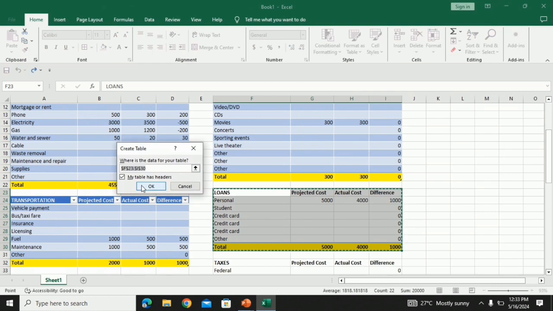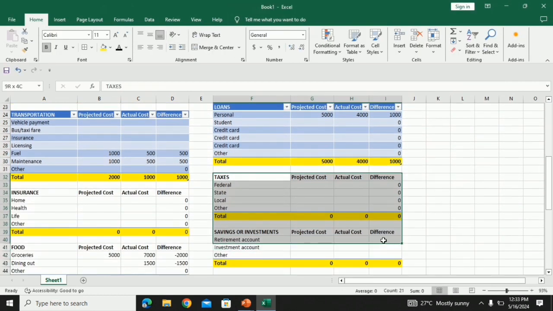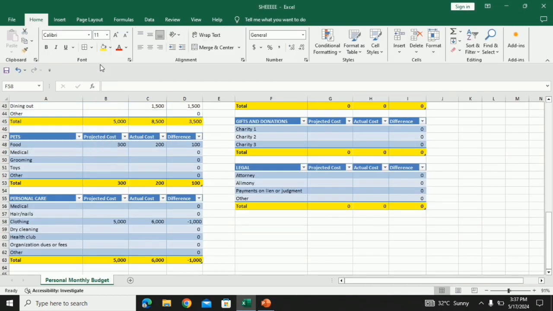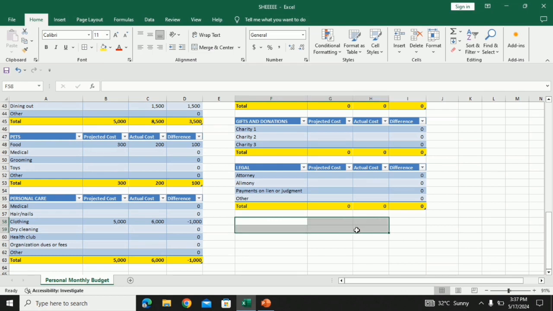Next, do the same to the other table, go to format style, and then click on the same table.